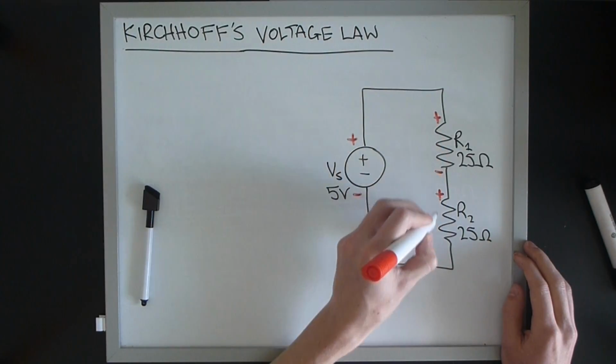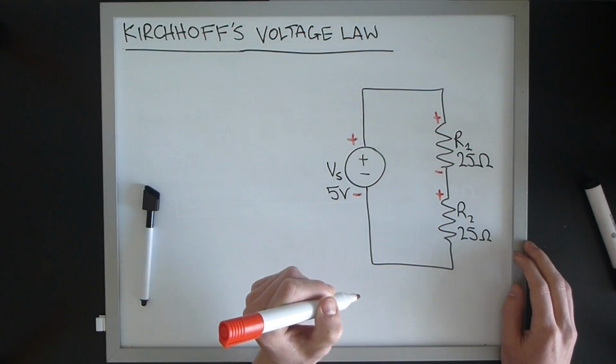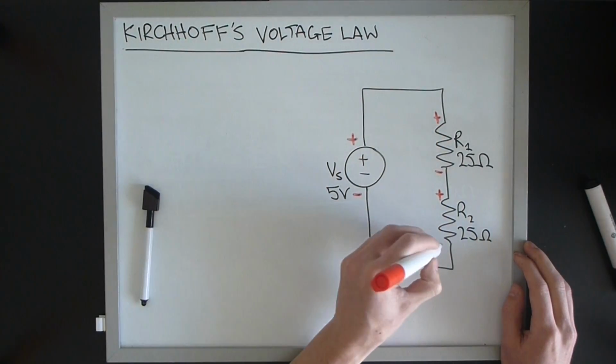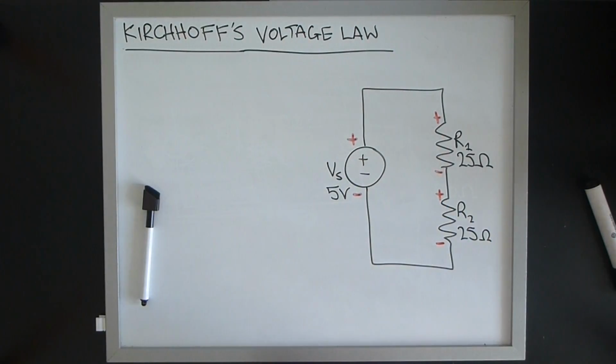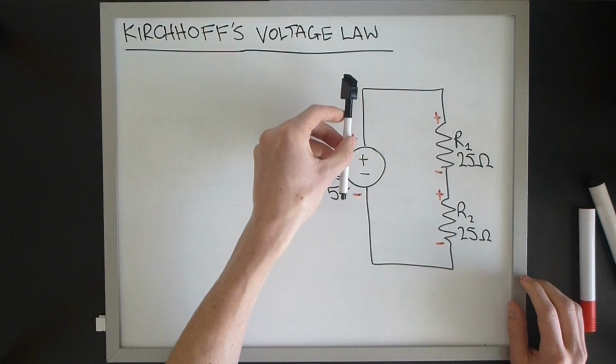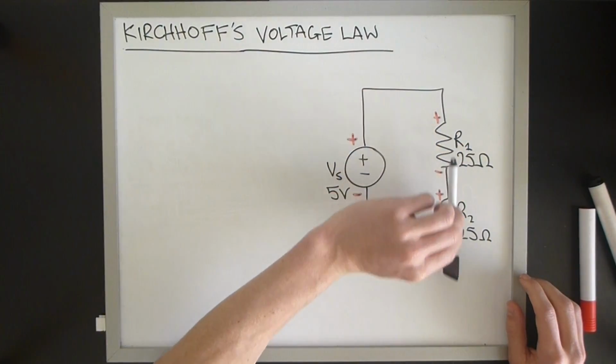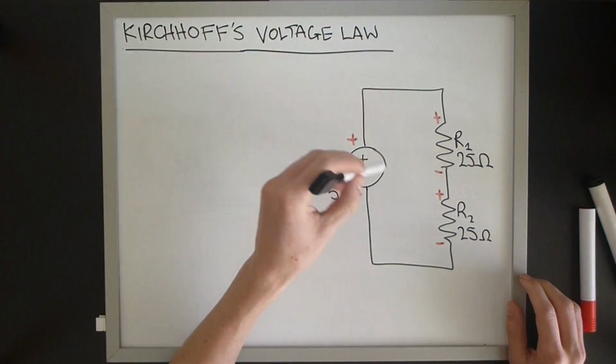polarity, and then from positive to negative polarity, and then from positive to negative polarity again, so that we have a voltage rise, which is equal to a voltage drop, and then a second voltage drop, which will